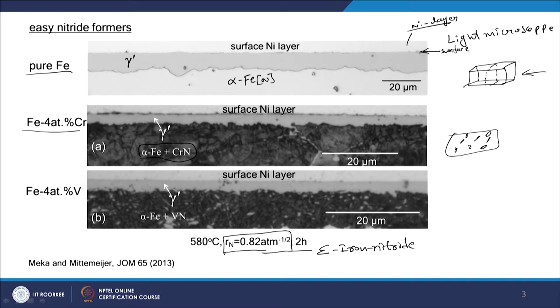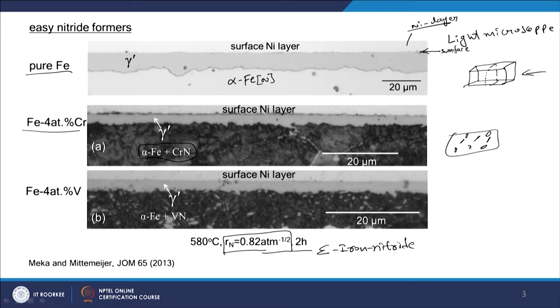Now, what you see here is that we have chromium nitride in the alpha iron, and on top of that you have gamma prime iron nitride, and similarly for the iron vanadium we see a very similar situation. So, what we understand is that the layer which is growing starts like a layer, as was the case for pure iron, and then continues to grow, while below the iron nitride layer you have this diffusion zone also containing nitrides of elements, that is chromium and vanadium. Because they are treated as easy nitride formers, they have already developed in the diffusion zone.